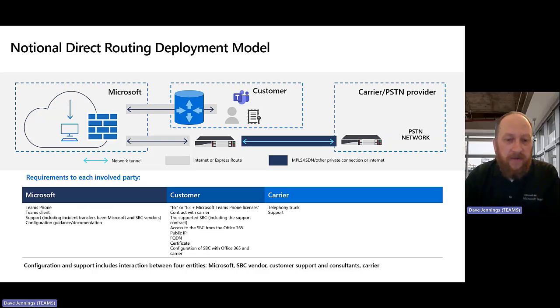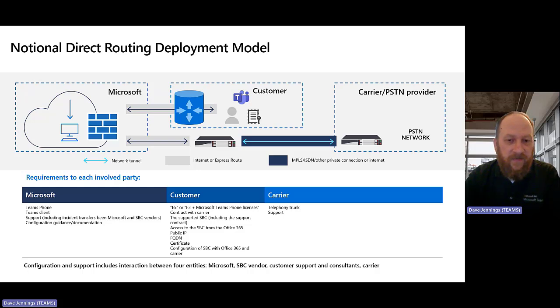Second to that, there are some technical readiness considerations you'll also have to account for. For example, each SBC that you deploy has to have its own public unique DNS name that points to that SBC. Second to that, each SBC would also need its own properly firewalled public IP address. And then thirdly, each SBC will need its own certificate